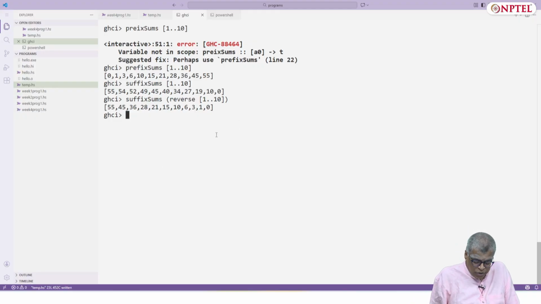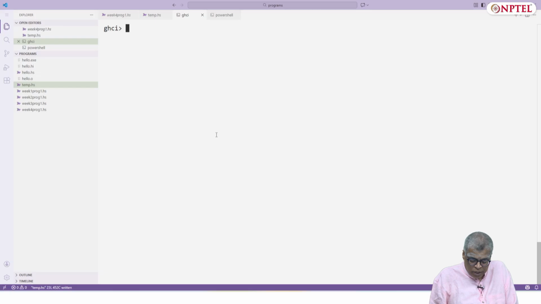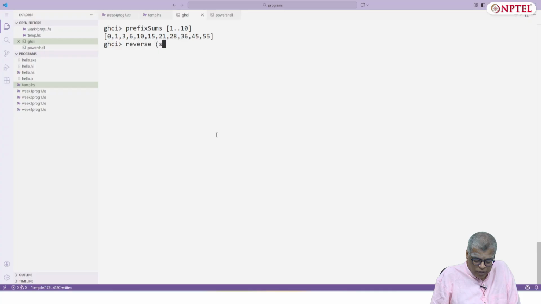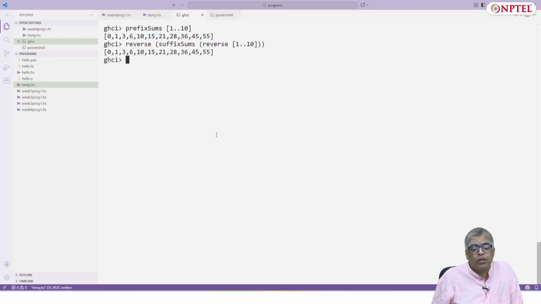Let me clear the screen. Let me say prefix sums, and then the reverse of suffix sums of the reverse. I get 0, 1, 3, 6, the same thing. So prefix sums is nothing but the reverse of suffix sums of the reverse.